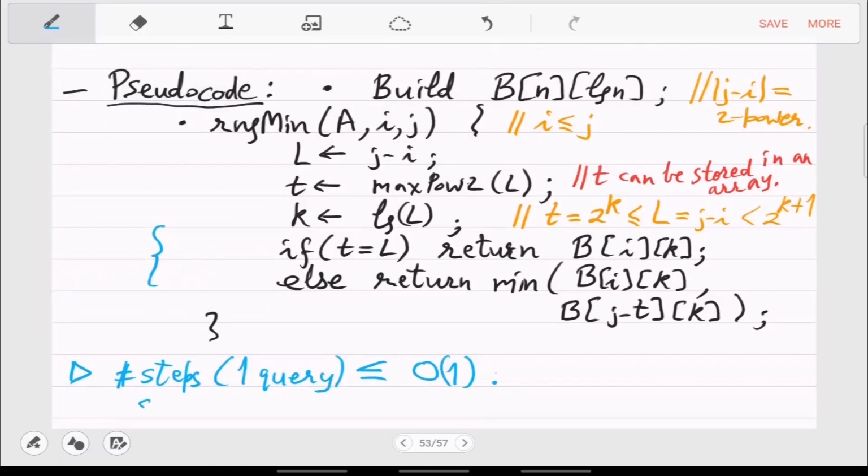And what is the space? Storage space. So the space requirement here is as big as that matrix B. So it's n log n.